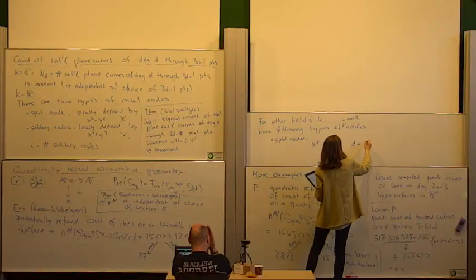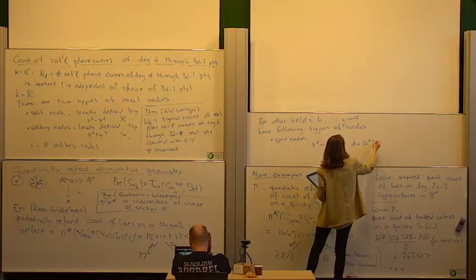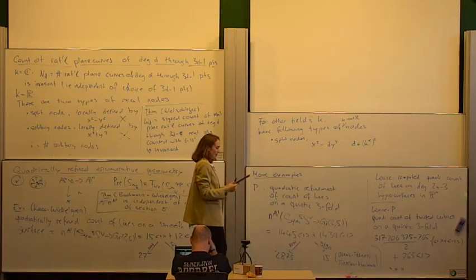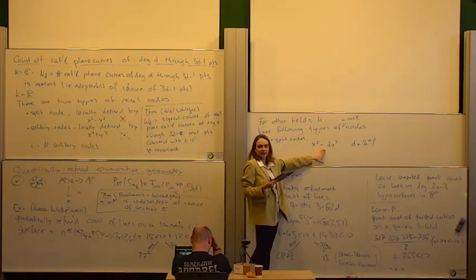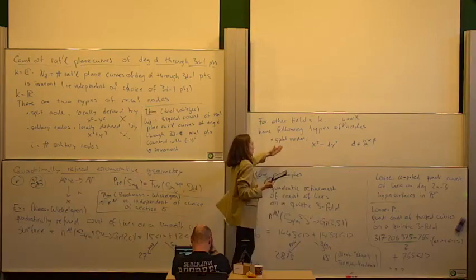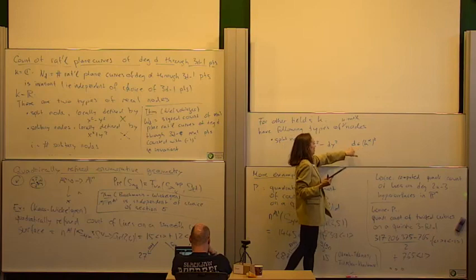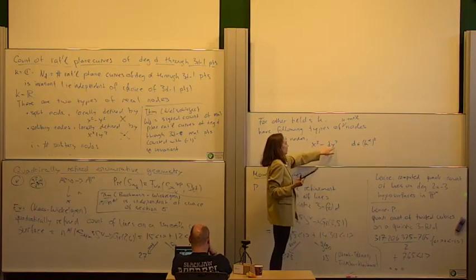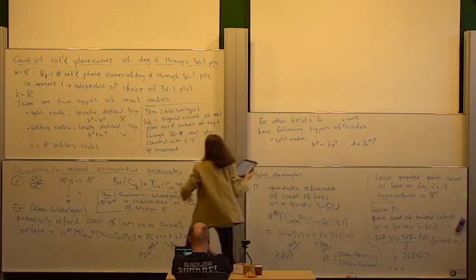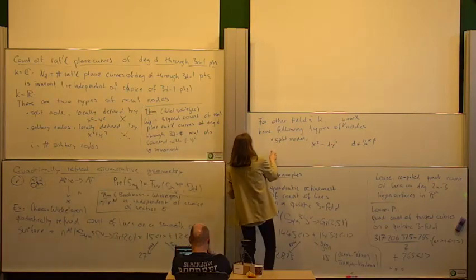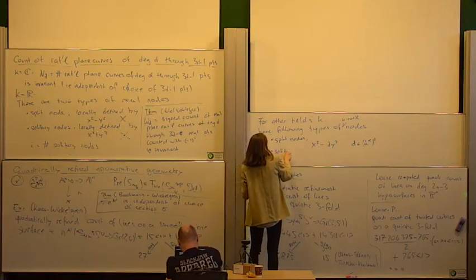For D a square. So this is, again, a split node, because this will, again, have two branches over the real numbers. If this is a square, so I want D to be a square, so it's positive, I can replace y by the square root of D times y, and then I get the same as the equation here. And I, again, have solitary nodes,